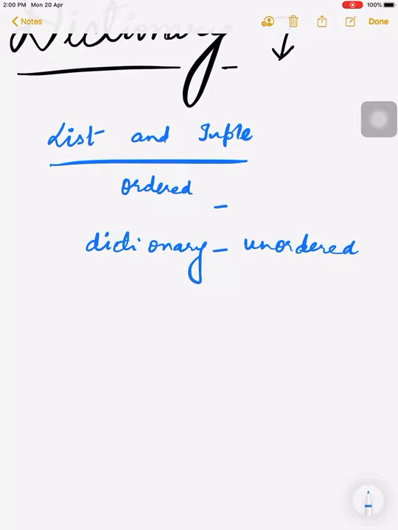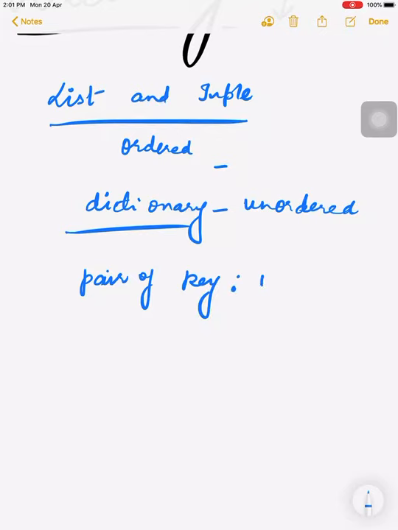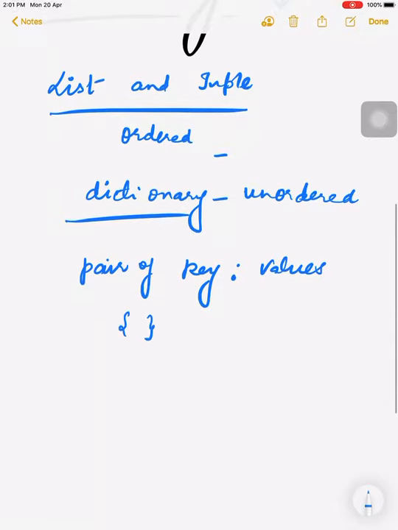What is the difference between ordered and unordered? Ordered means, as you remember in the list, there is an index for every value, while in the case of a dictionary there is no index at all. Here we write the values with their corresponding keys. So basically a dictionary is a pair of keys and their values.